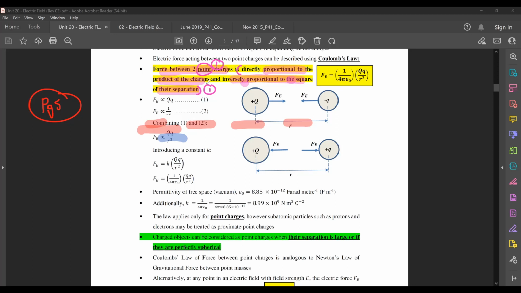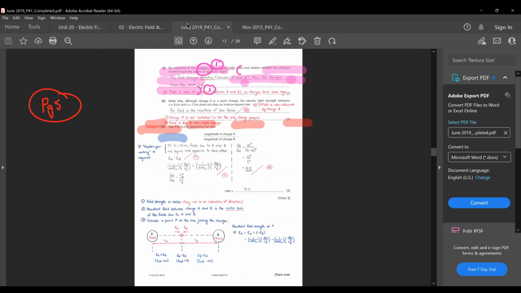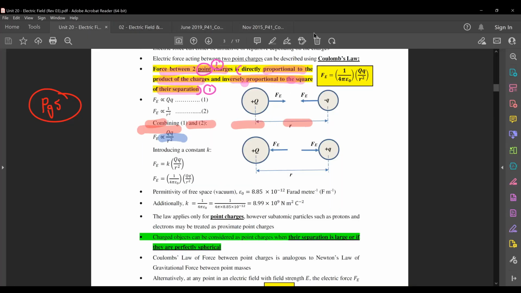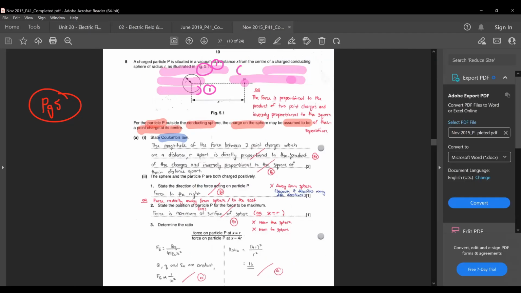The one that I wrote in my original worked solutions is something a bit different. Better not to use that. Just use this one. Let's just standardize the definition. Okay. So this is what Coulomb's law actually is. All right. Then after that, if you move on to part 2,